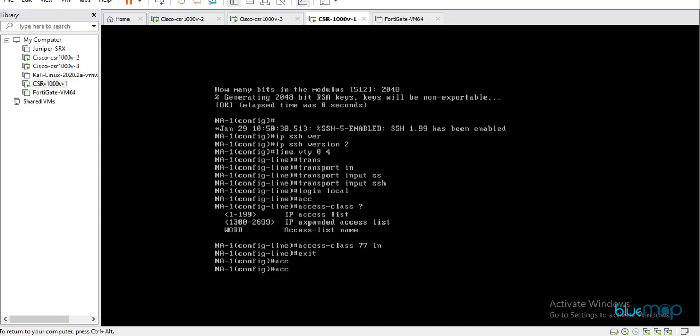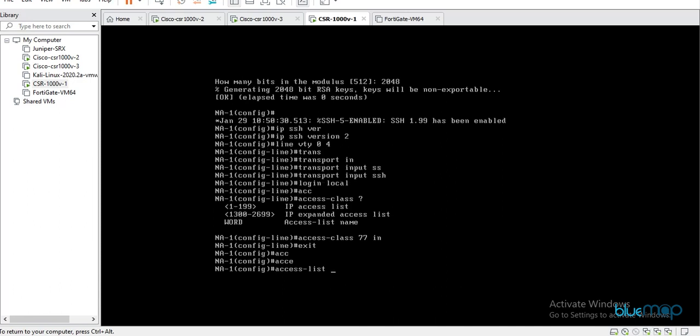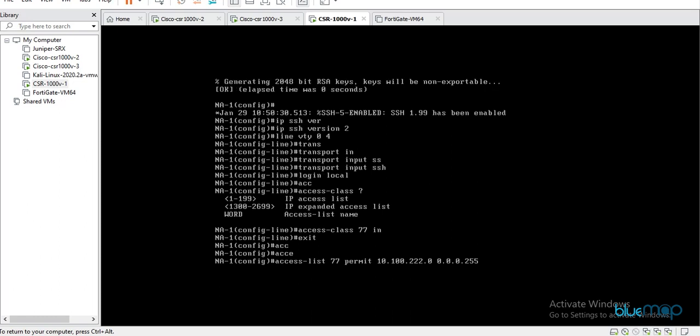Exit, I have to set up an access list. So access list 77 permit 10.100.222.0, and I have to use a wildcard mask, 0.0.0.255. So what I have done is I have enabled SSH, I have enabled my VTY lines, and I have